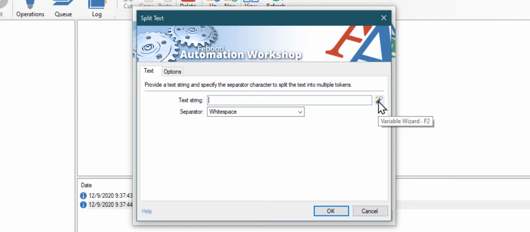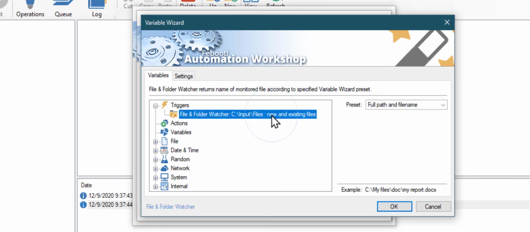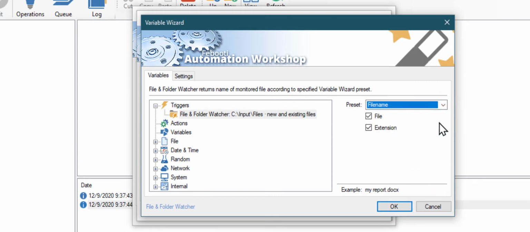Click on the Variable Wizard button. Choose the trigger we have just created. The trigger provides us with a full path by default. But we want only a file name, without an extension.